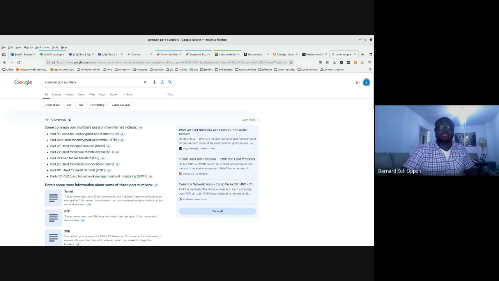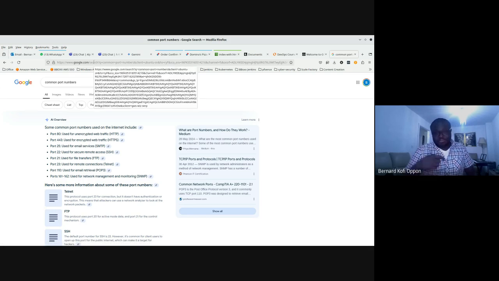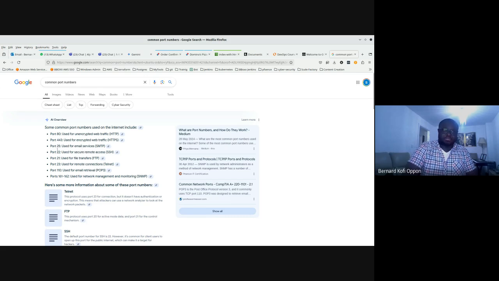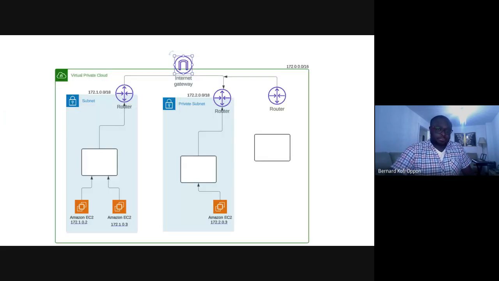You can change them. But when you change it, you then have to tell the person accessing your website that they need to put this port, or else they will not come in. The default has been changed. So by default, these are the ones, but you can change all of them to a different number that no one knows. And that's another way of securing yourself. So, in a nutshell,